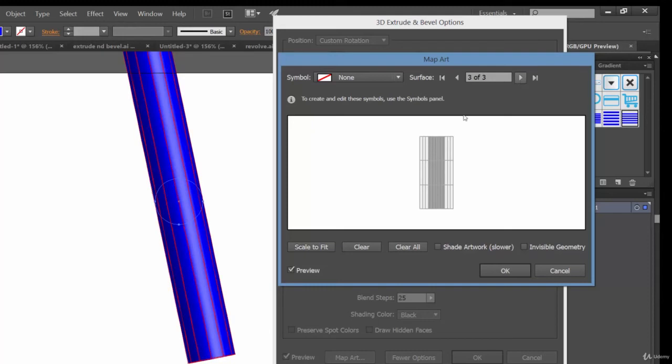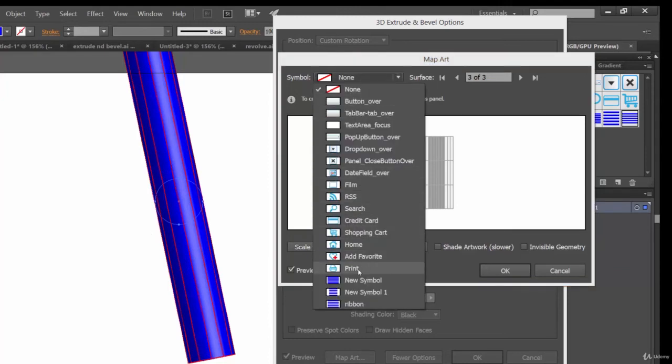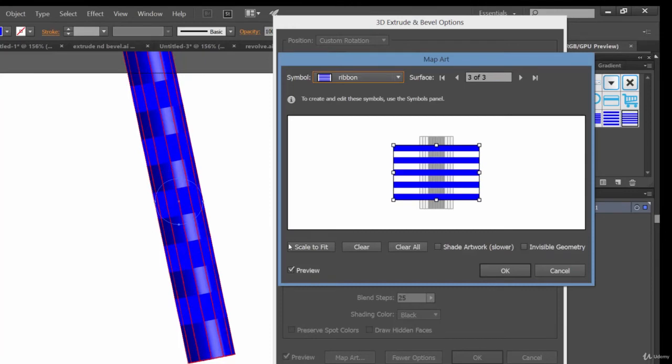And the third one, see, some red stuff is going on here again, and this is surface 3. So this indicates which surface you are on. Make sure that you have selected surface 3, and now we will select ribbon as our symbol.